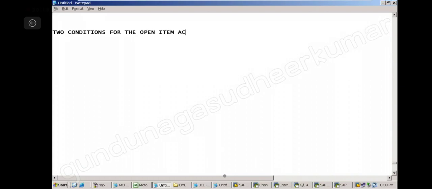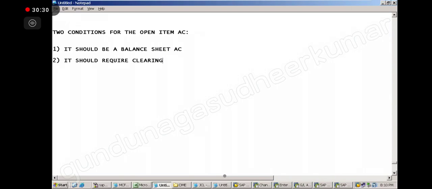First, it should be a balance sheet account. Second, it should require clearing in future. It could be a liability, it could be an asset. Overall, it should be a balance sheet account.